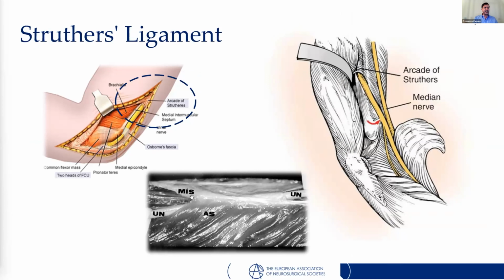The clinical significance of this structure is due to the median nerve and brachial artery, which may pass underneath the arc formed by the supracondylar process ligament over the humeral body. This ligament may also affect the ulnar nerve after an anterior transposition surgery, just to release the ulnar nerve in